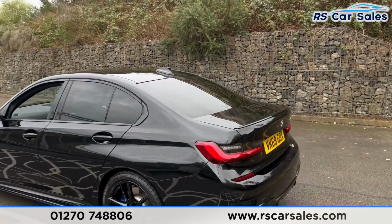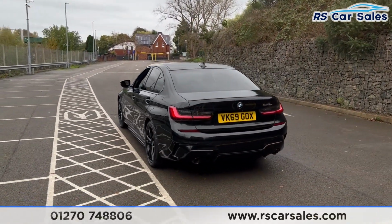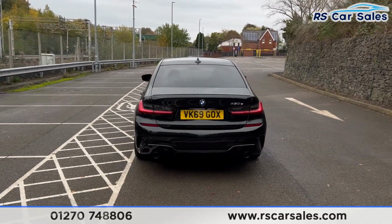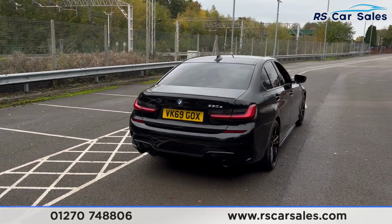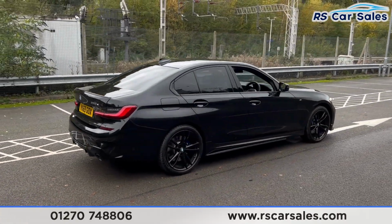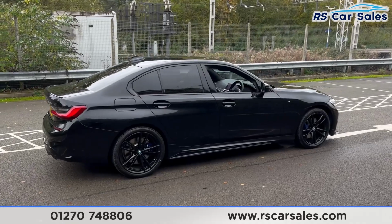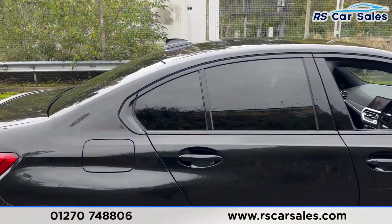We have front and rear parking sensors with a visual display inside. We have a reversing camera as well. Dual exit exhaust at the rear just down there. Coming back round now to the driver's side, you'll find that this vehicle is free from any major marks, dents or scratches. So if we take a look at the interior now, coming into the back first, you'll find that